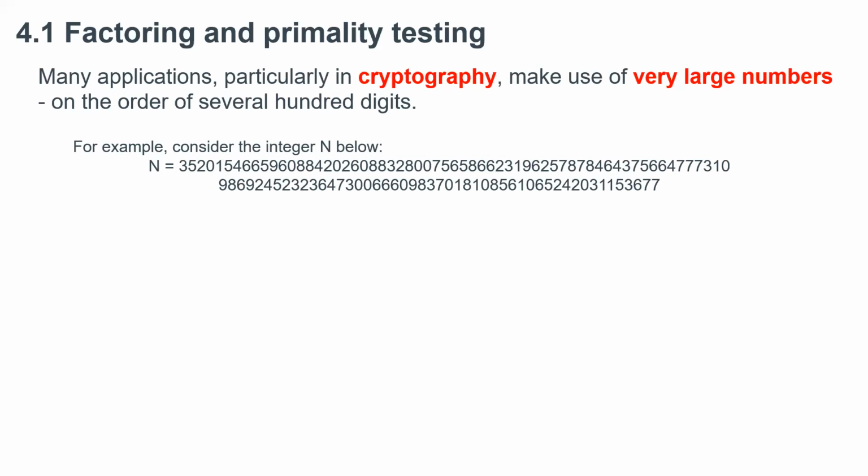Now this, they said, consider this number here. That's not even several hundred digits, right? Maybe 1, 2, I don't know if it's even 100 digits, maybe it is. But I mean, that's one big number there, and it still doesn't have several hundred digits in it. So you can imagine we're going to be working with these very large numbers, and part of that would be